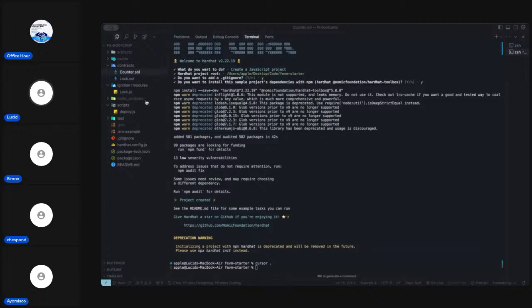Then we have .gitignore. This basically lists files you don't want to upload to Git. We have the hardhat config file. What this does is basically contain the configurations for your Hardhat project. So it's in this file we'll have the networks we want to deploy to, and then we can have various networks under this. So if you look at the templates repo we have,